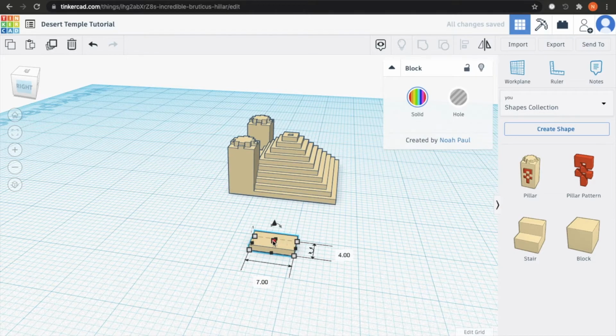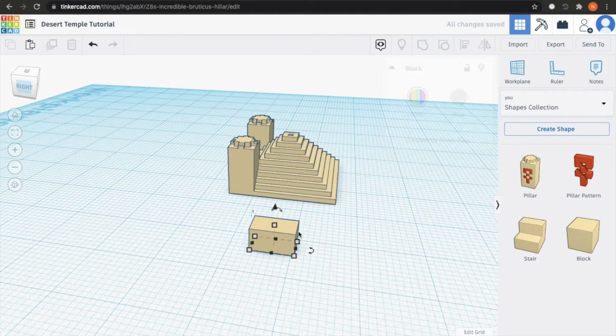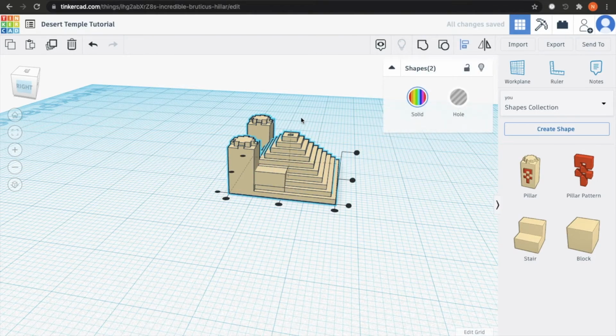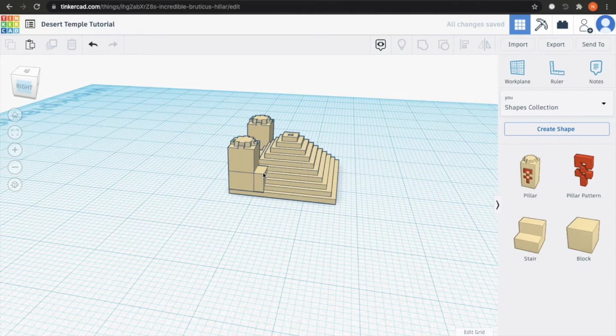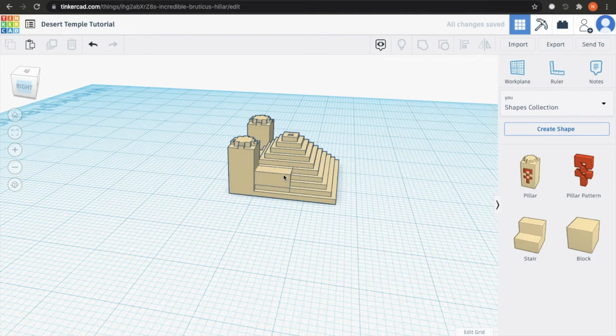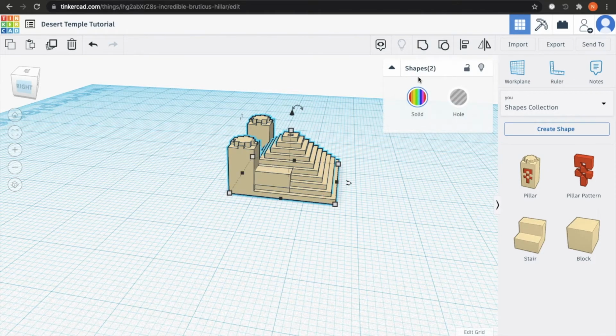Change the block's dimensions to 7 units long by 4 units wide by 4 units tall. Bring it into the pyramid and lift it up 1 unit off of the ground. Bring it into a corner and use your arrow keys to get it into this position. Copy the box before you group. Now group